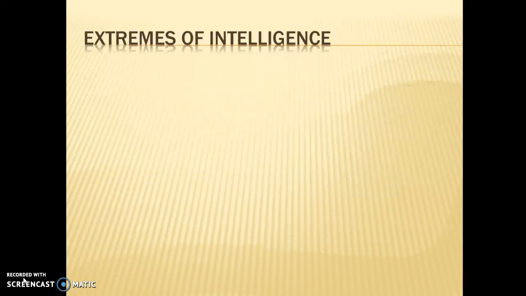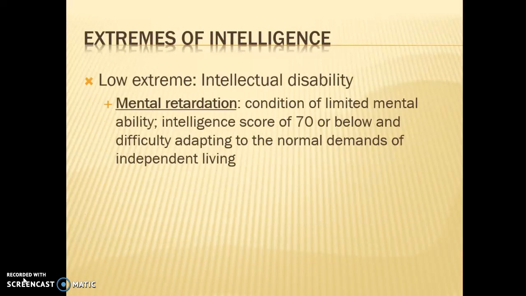Okay. In terms of extremes of intelligence, people who are on the low extremes of intelligence are referred to as having, or could potentially have, an intellectual disability. This is an older term. It's not socially appropriate. But in our old textbook, it was called mental retardation. So you might see that on